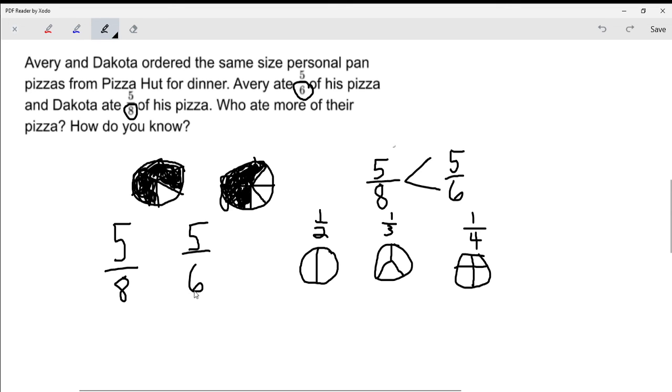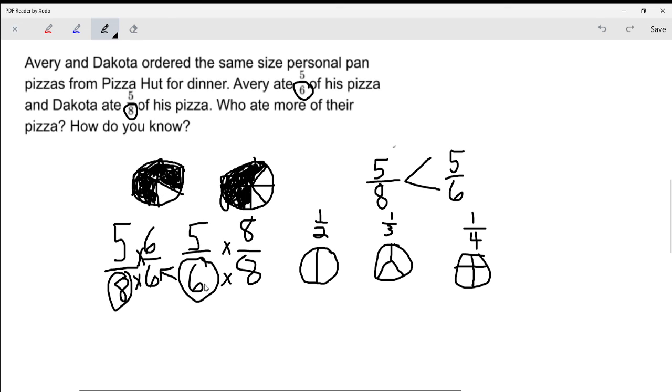One easy way to do this that will always work 100% of the time is to take the denominator from one fraction and multiply both top and bottom by that denominator, and do the same thing with the other denominator. We multiply this by 8 over 8, and since we're multiplying 8 times 6 on this one